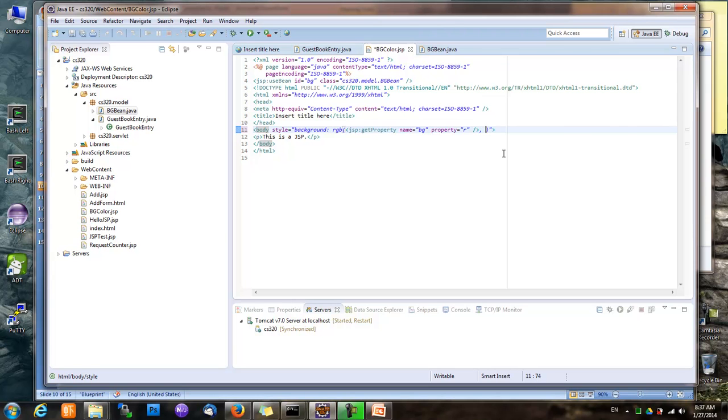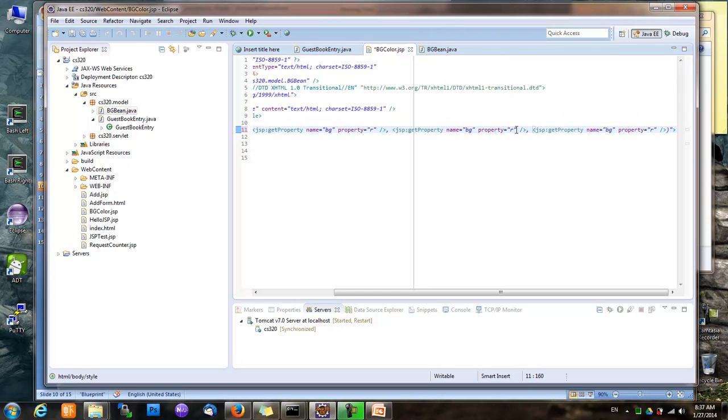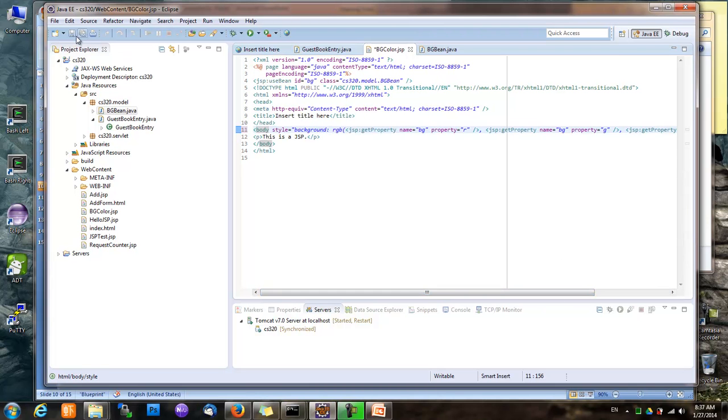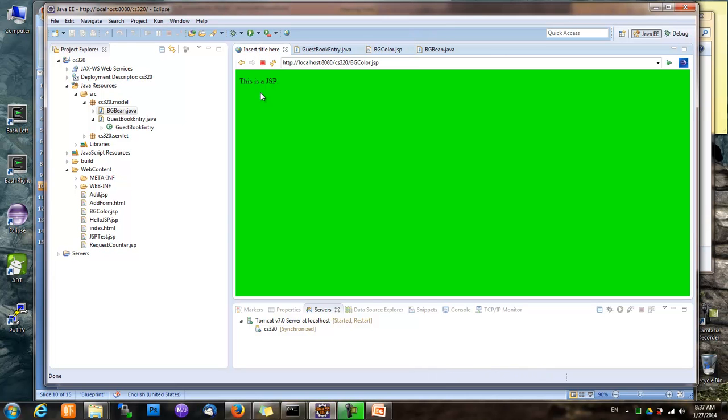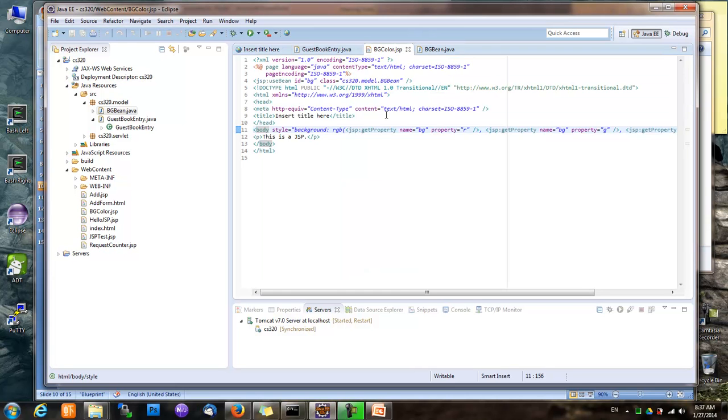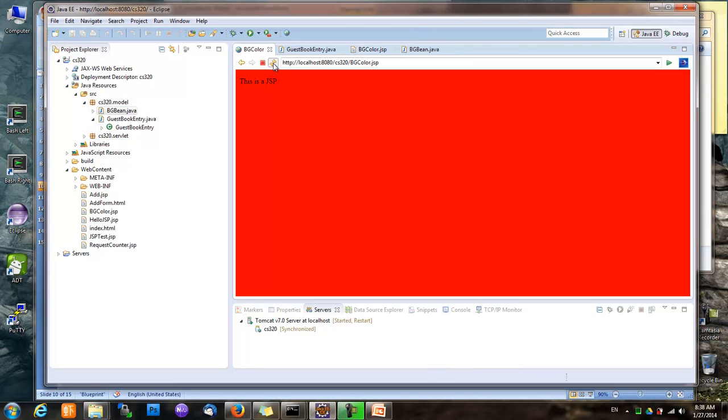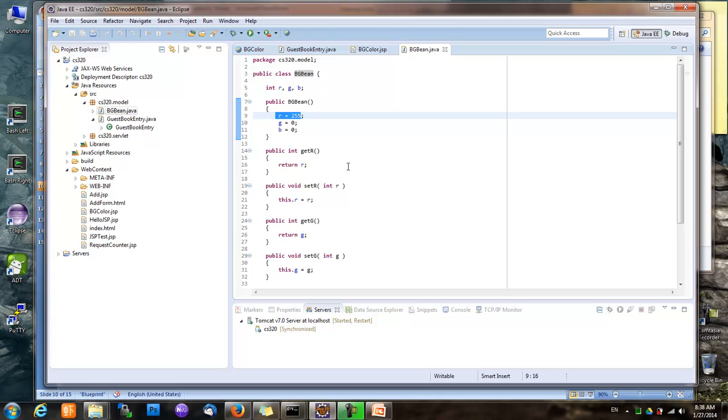So we'll do the same thing for g and b. So this would be g, and this would be b. And let's see how it looks. Let me change the title here. Where is the title? Here. This would be BG color. As we can see, the background now turns red, and that's because we set the initial red value to 255,